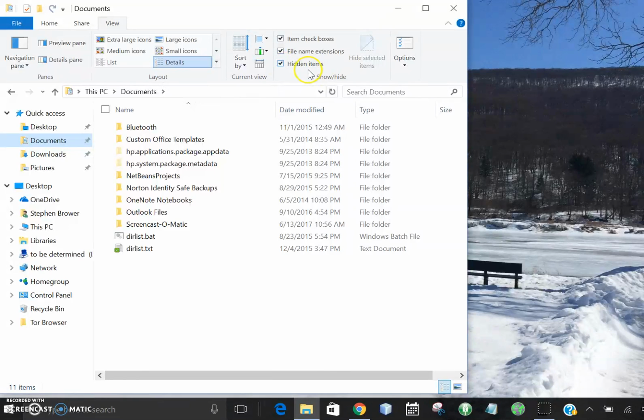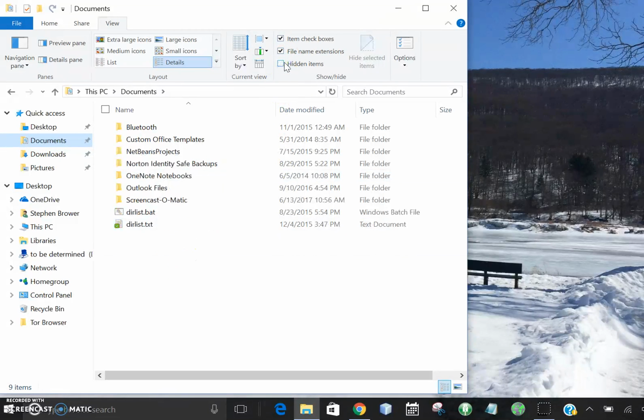With Hidden Items shown, we're clicking Show Hidden Items, then these folders which are hidden are actually going to show up. If I deselect hidden items, then they don't show up. The idea behind hiding something is that if you don't want someone to accidentally go into it or accidentally delete it, what some companies will do is they'll hide their folders, and Windows does the same thing. They'll hide some of their folders so that,